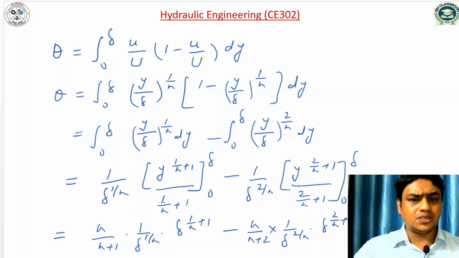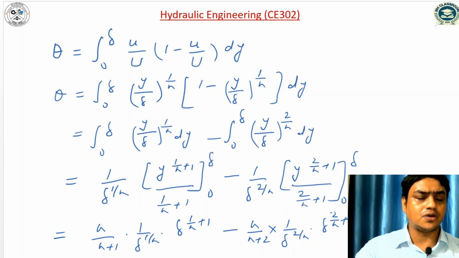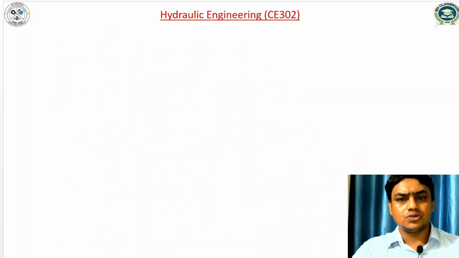Now I have put the value. So this value is 1 by n plus 1, so n by n plus 1 into 1 by delta to the power n, and I have put the value of delta in place of y. So it is delta to the power 1 by n plus 1. Similarly, this value is 2 by n plus 1, so n will go up, so n by n plus 2 into 1 by delta to the power 2 by n into delta to the power 2 by n plus 1. So we can write